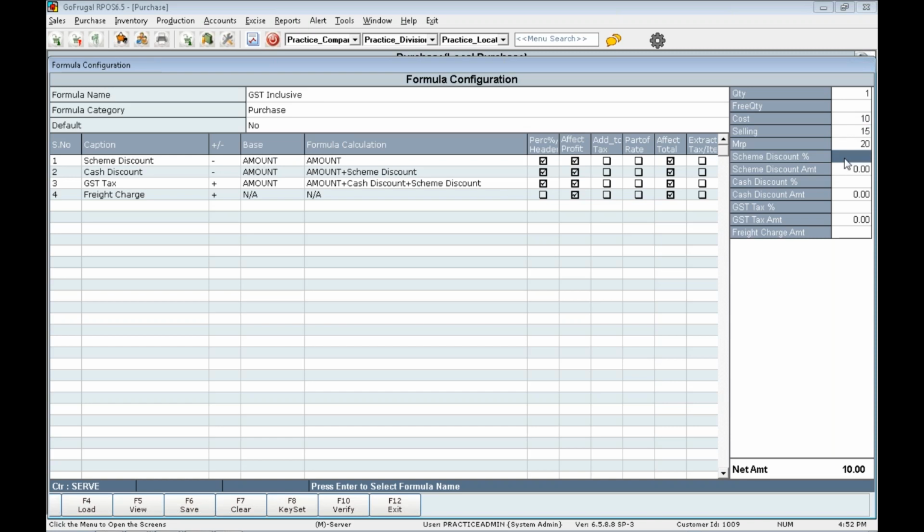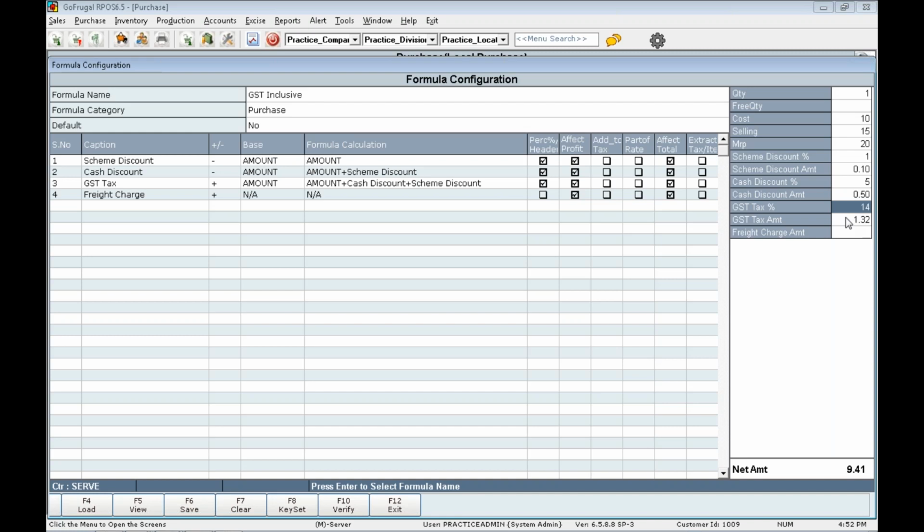And also I am giving the discounts: 1% scheme discount and 5% cash discount, and also the GST tax percentage.